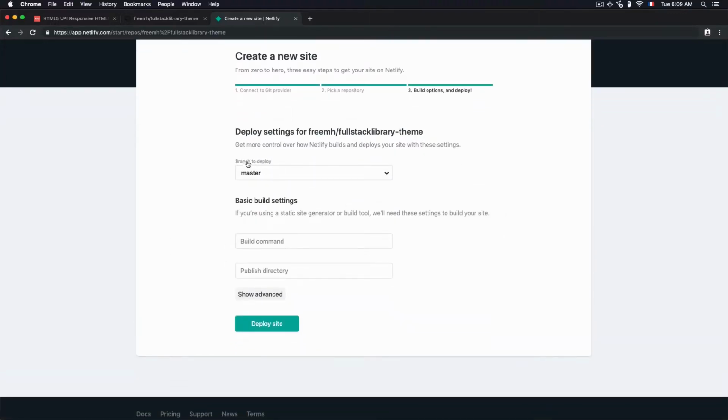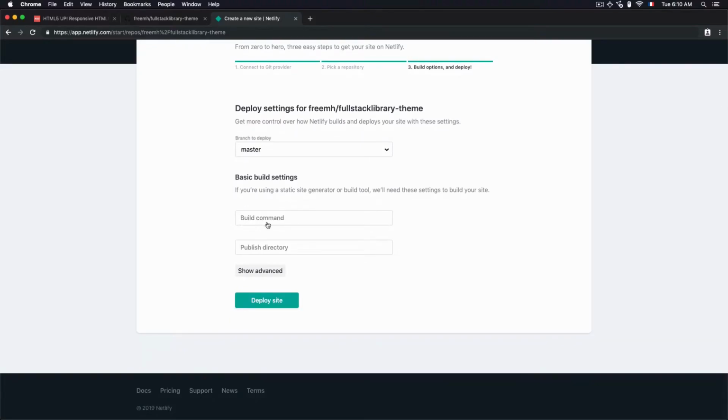Then if I have multiple branches, but in my case I only have one, which is master. But if I have multiple ones, I can pick one. And in our case, we only have one, so we'll stick to master. So we don't have to add any build command or publish directory. Okay, let's just leave them blank and click on deploy site